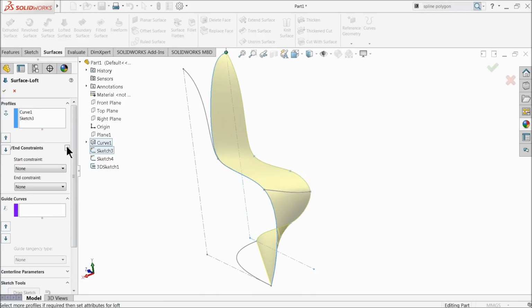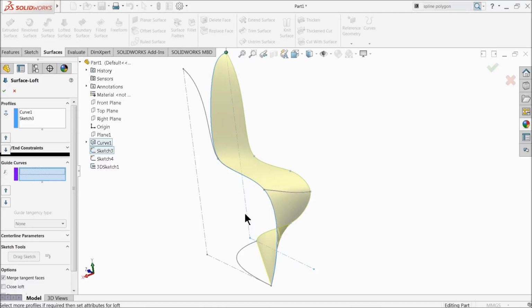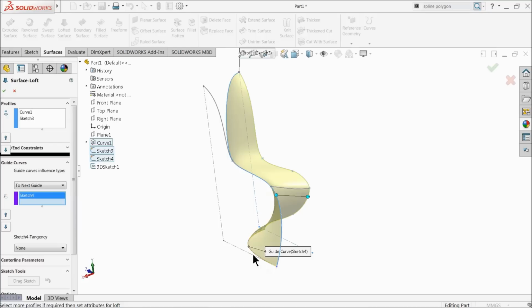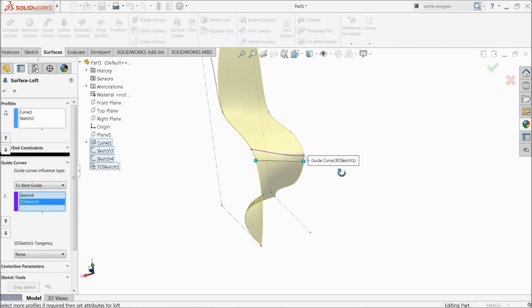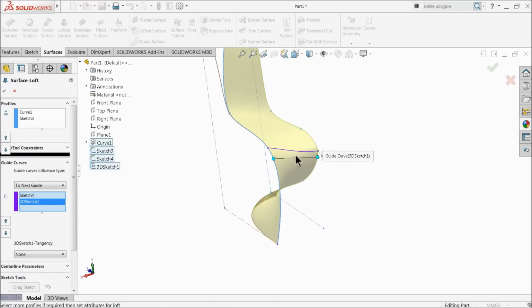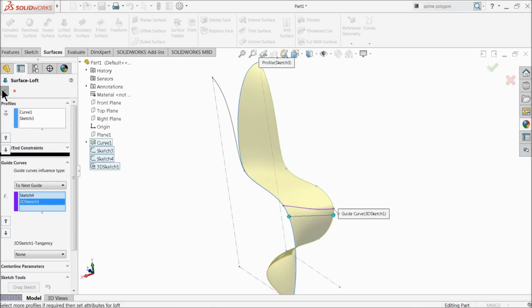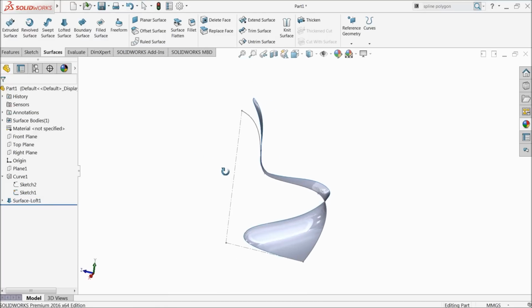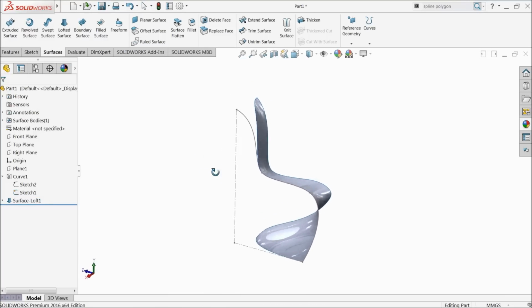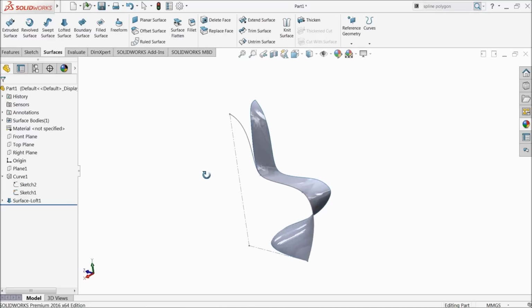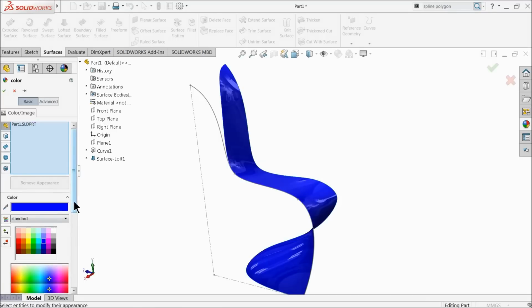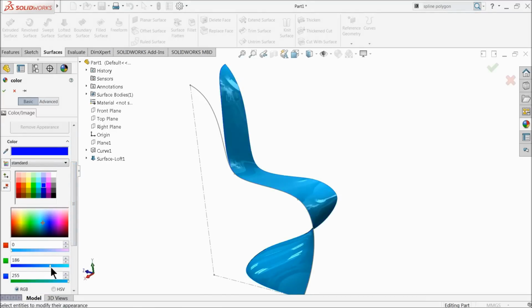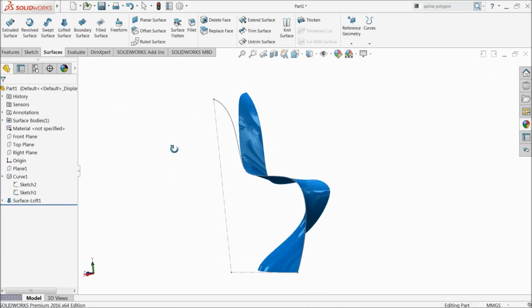Now end condition, no need to define any condition. Go to guided curve, select this curve we created in top plane and this 3D, see, select here. Okay, now one shape of chair is created. I'll define some material like blue or okay. Now see,